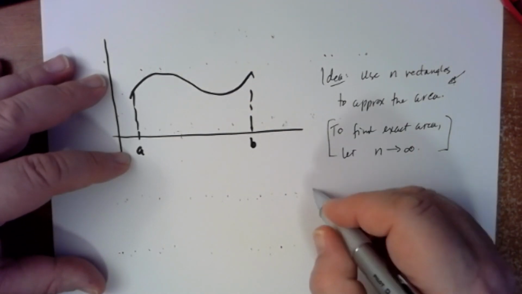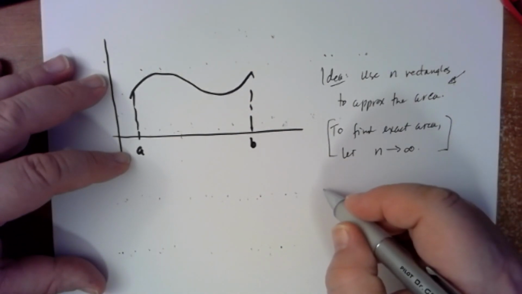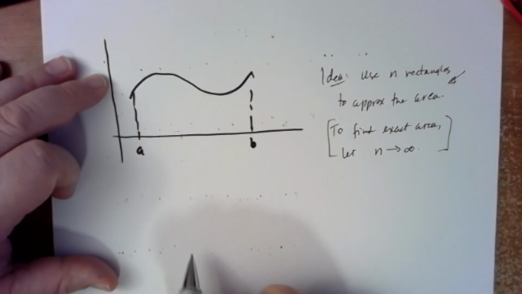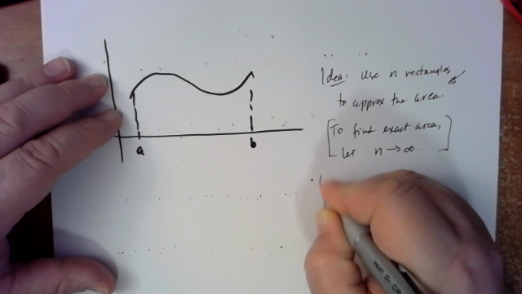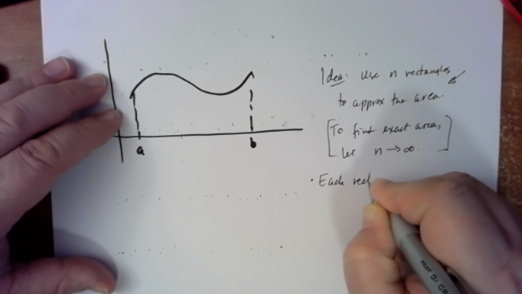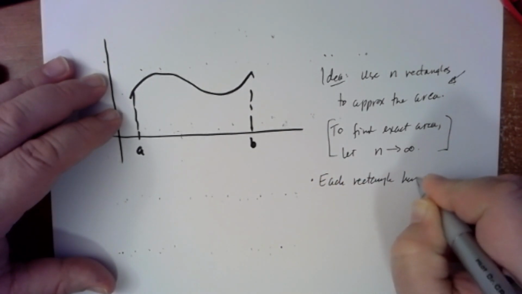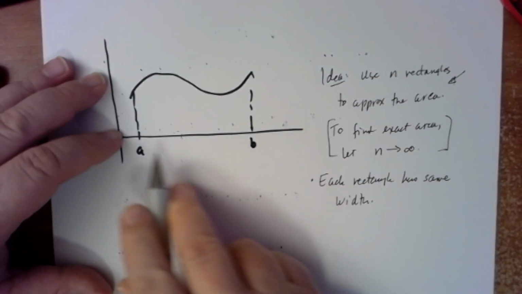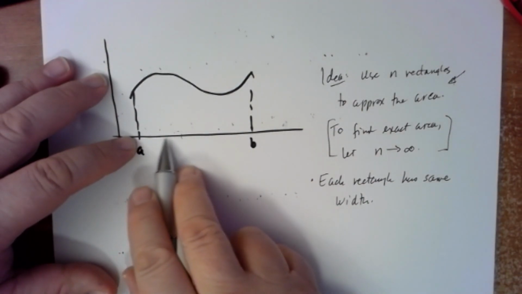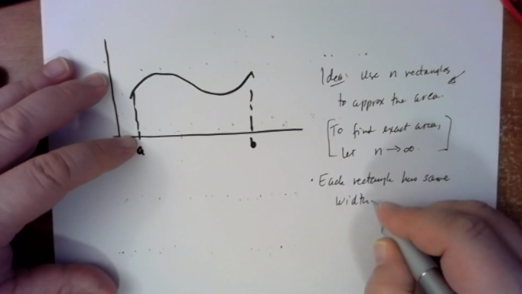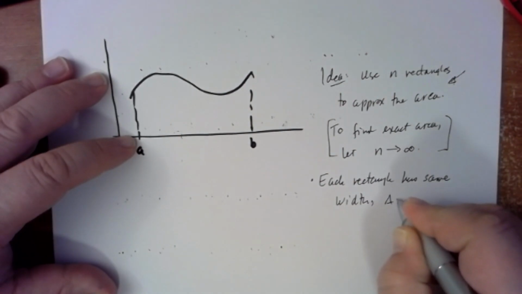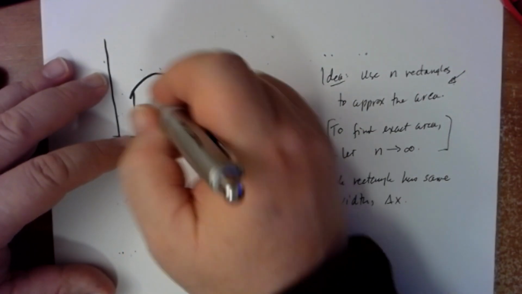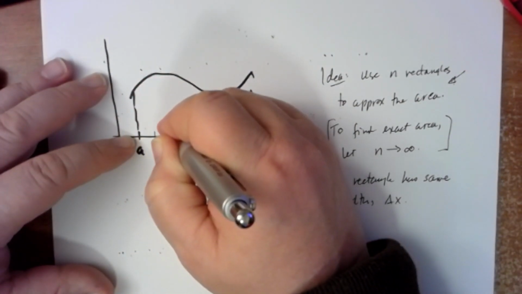We're going to go ahead and let the rectangles have equal width. Okay, so each rectangle has the same width, and so the width is going to be along the x-axis. So a typical way to describe the width is going to be with the notation delta x. Okay, so once we find our width,